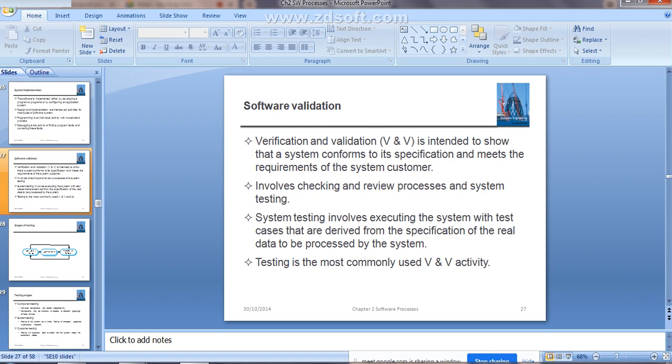That is what is called software validation. Here it consists of two things, verification and validation. So software validation you can also call a V and V activity. V and V means verification and validation.